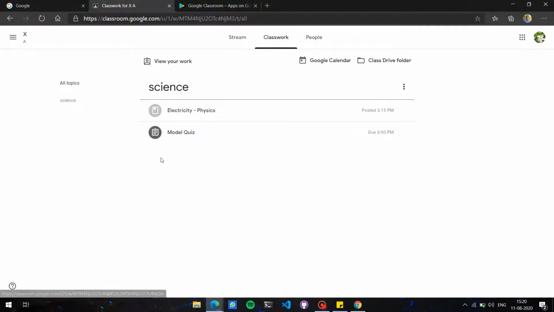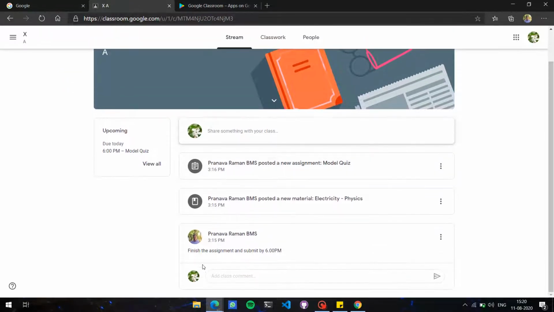In this case there are just two elements, but your teachers would create multiple subjects, and there would be multiple topics in here, and each topic would have its respective due dates and times. You can see it in an organized way in this classwork menu, whereas if you see it in stream, it will be in the order in which they have posted.